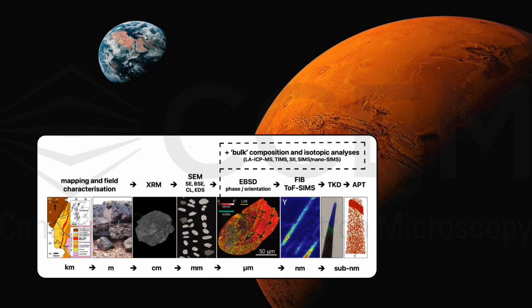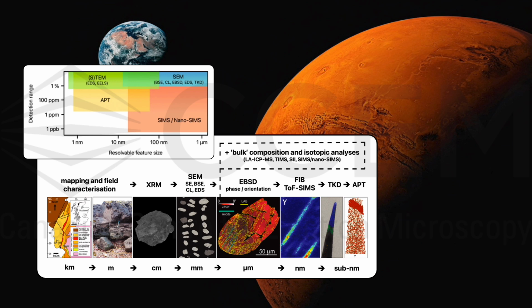However, more recently, higher resolution techniques like transmission electron microscopy or atom probe tomography have really grown in popularity. This is given that they can contribute to this workflow by allowing us to push our spatial and elemental sensitivities into new territories. You can see from this plot here that atom probe actually fills a really interesting space between TEM and SIMS in that it combines parts per million elemental sensitivities with nanometer scale spatial resolutions, and therefore opens up a whole new range of information that can be explored.